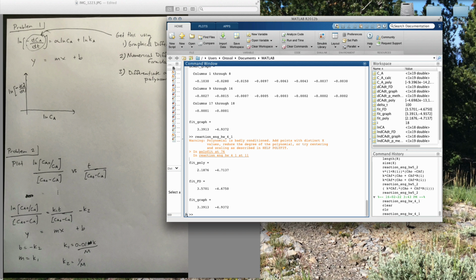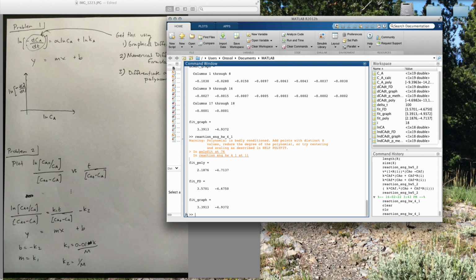So for problem 2, if you remember from the first video for homework 4, or part 1, we derived this equation: the ln of (Ca0/Ca) divided by (Ca0 - Ca) equals k1 t/(Ca0 - Ca) minus k2. If you remember, this also looks like a line, so you have y = mx + b. And this method specifically said to use the integral method, which, if you remember, you basically